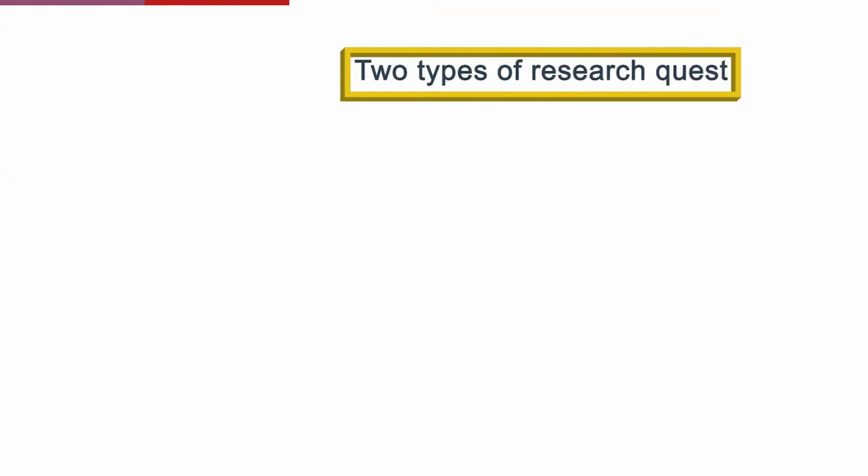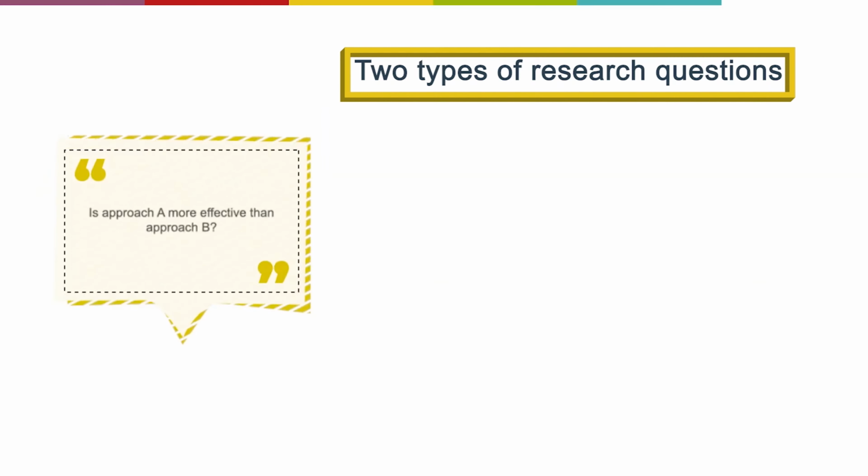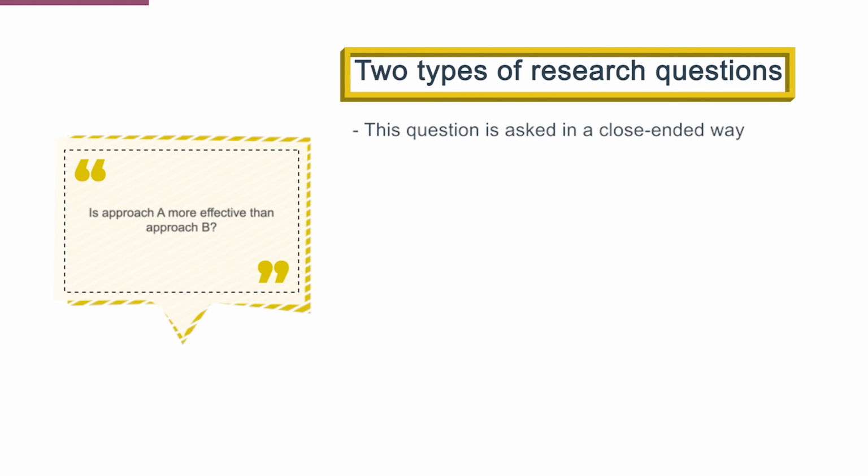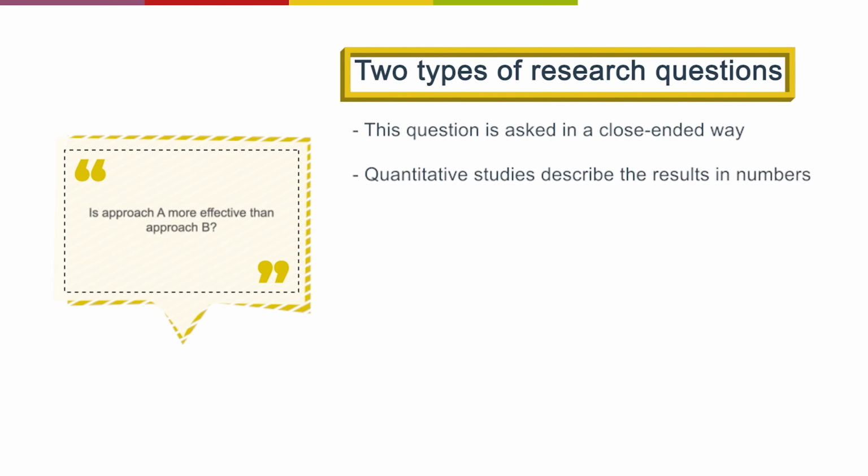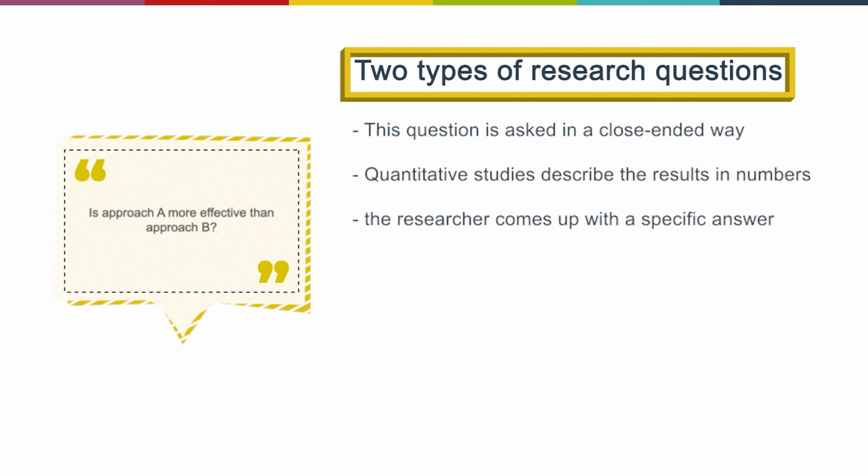There are 2 types of research questions. One type is, say, is approach A more effective than approach B? This question is asked in a closed-ended way. And for this closed-ended question, the answer is usually just yes or no. Because of this, quantitative studies describe the results in numbers. By using numbers, the researcher comes up with a specific answer,